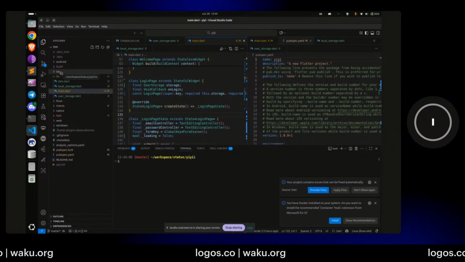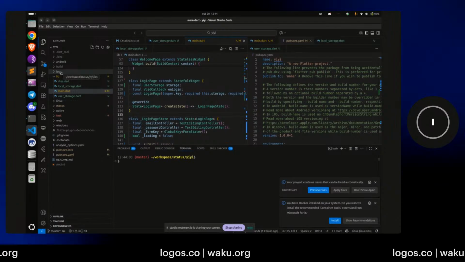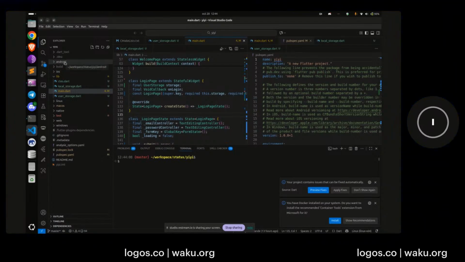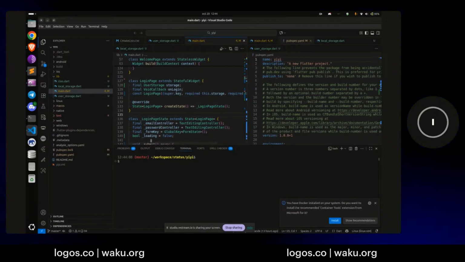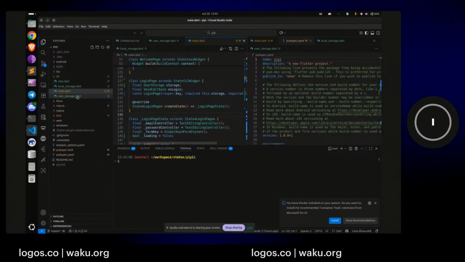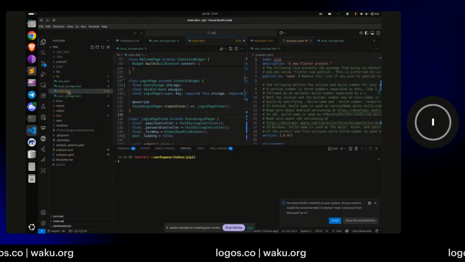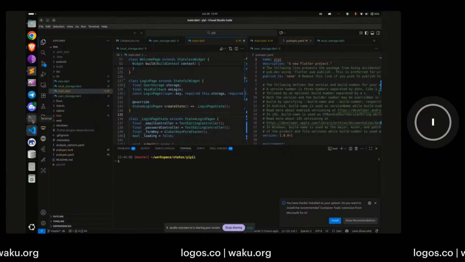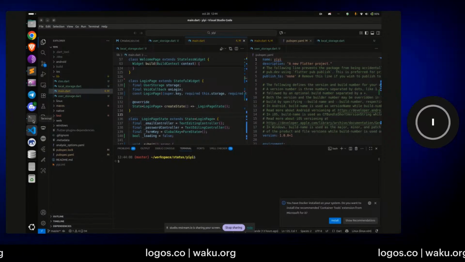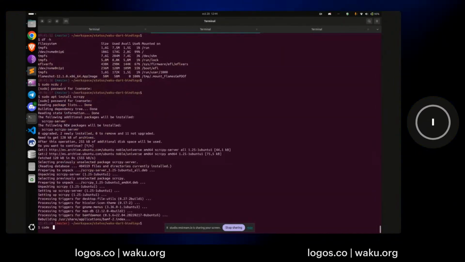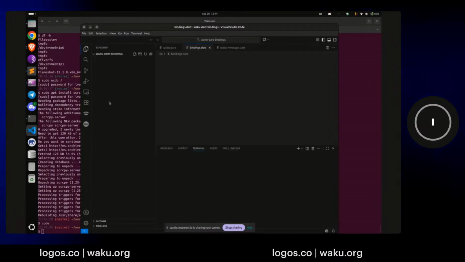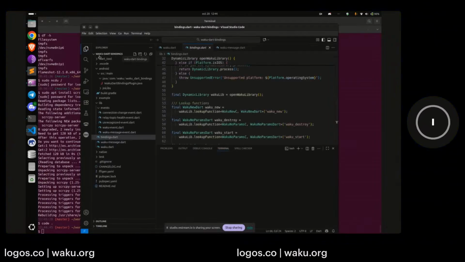It allows building binaries for iOS, Android, Linux, macOS. And in this fundamental example, what it does is integrate another project, which is Waku Dart bindings.